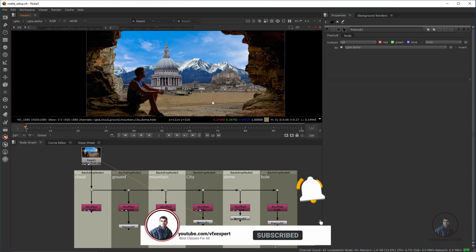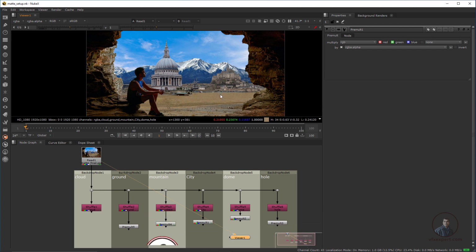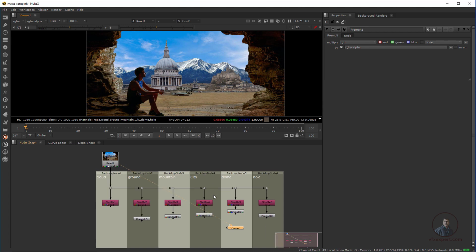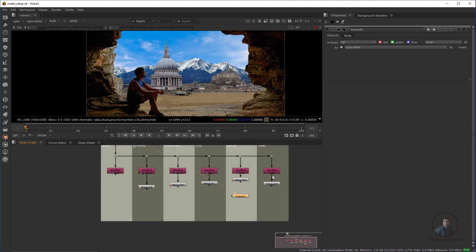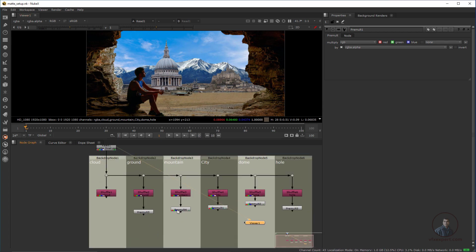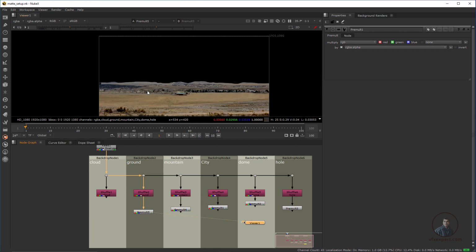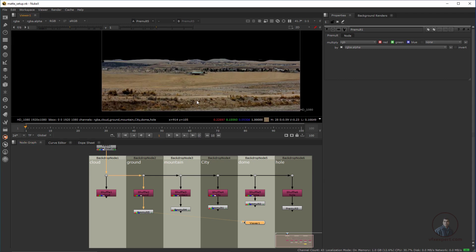Okay, so what we have to do for this, first we have to project this ground onto our card. Before placing other images here, because if you notice, select this one and press 1 here, this ground. I have placed two images here, so we have to first project this image on a card, then we can place other images. Okay, so this is important, otherwise this can create problems while you are animating your camera. So now I am going to create the projection for this image only.